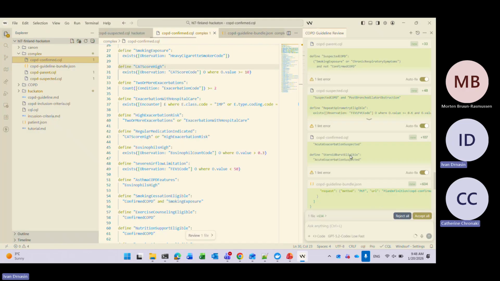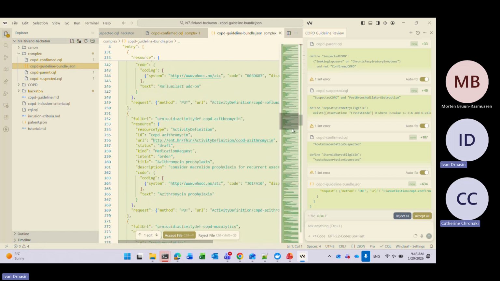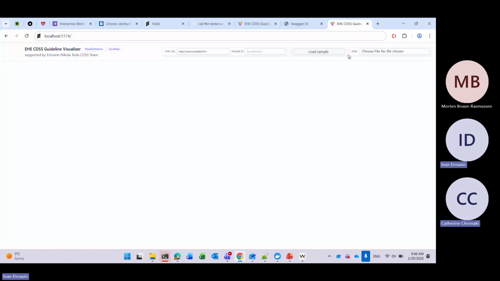Let's just check this complex guideline. Okay, now we have a lot of stuff here. Let's load it.